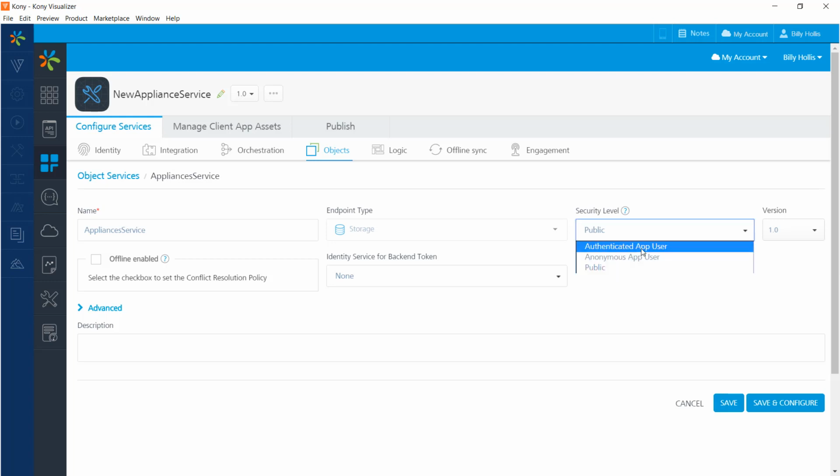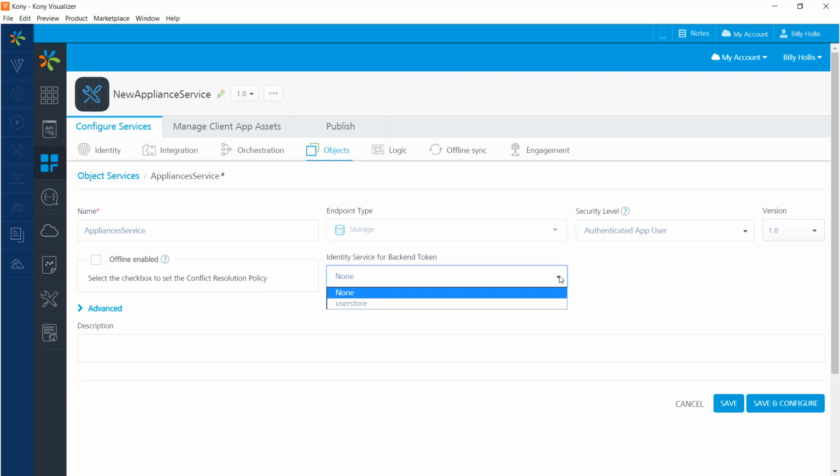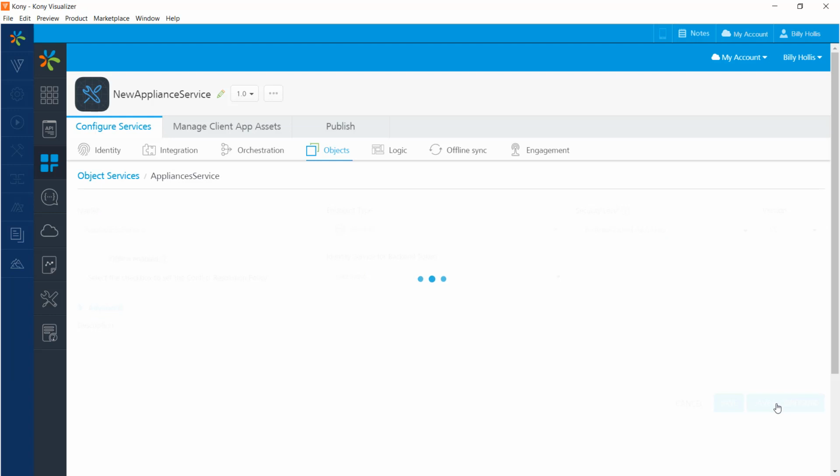So instead what we can do is set that to authenticated app user. And then we can set the identity service to be the user store service that we configured early in the video. So at this point, if we save those changes,